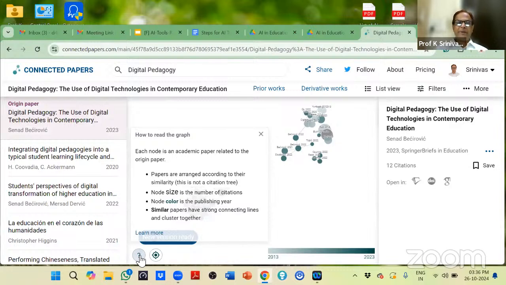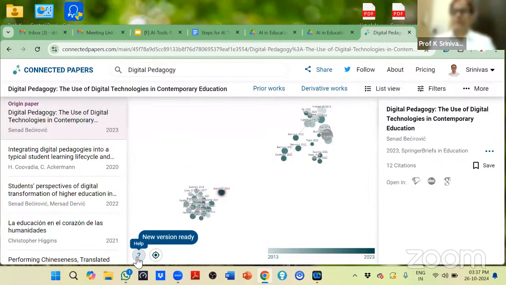each note is an academic paper related to the original paper। ठीक है, एंड यहाँ सबसे इंटरेस्टिंग है, पेपर्स आर अरेंज्ड अकॉर्डिंग टू देयर सिमिलैरिटी, दिस इज नॉट a citation tree। Okay, papers are arranged according to their similarity। Note size is the number of citations। नंबर टू, और नंबर तीन जो है, नोट कलर इज द पब्लिशिंग ईयर, तो ये कब पब्लिश हुआ। और सिमिलर पेपर्स हैव स्ट्रॉन्ग कनेक्टिंग लाइंस आर क्लस्टर्ड टुगेदर। ओके, ताकि हमें पहले पता चलेगा कि ये कौन सा पेपर है, कितने साइटेशंस हैं, ये पेपर पब्लिश कब हुआ।